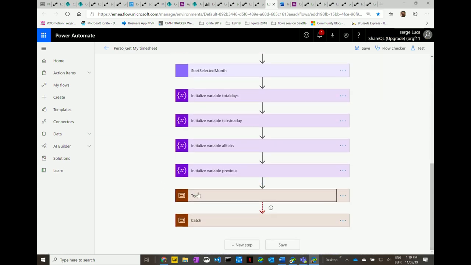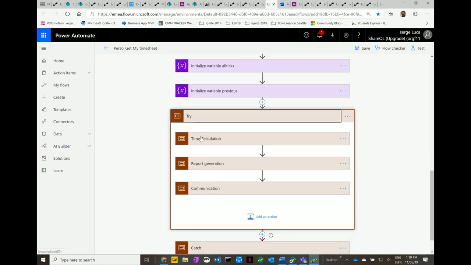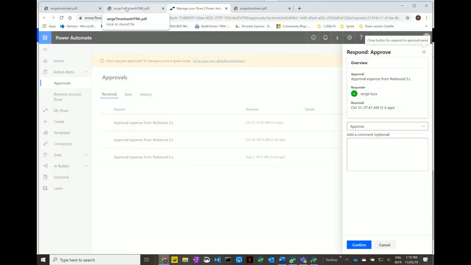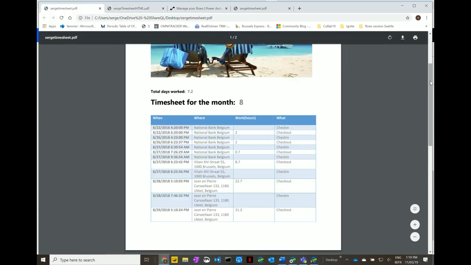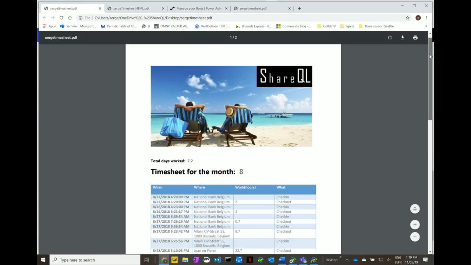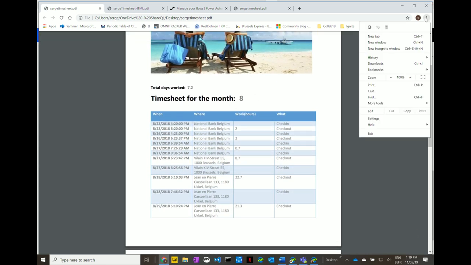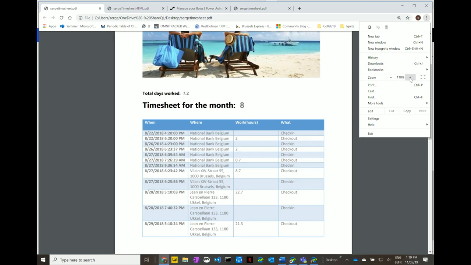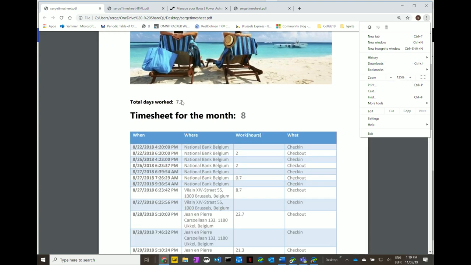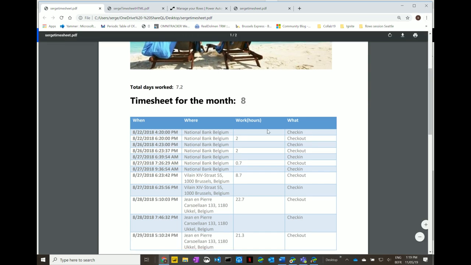It will first calculate the time, so calculate the difference between your check-in and your check-out in the SharePoint list sequentially. It will generate a report, and I can show you the report. The report looks like this, okay? So it's a PDF, and you see the details here. Maybe I need to zoom in a little bit. Okay, so total day work 7.2, month August, and you see the different check-in, check-out, the number of hours worked,